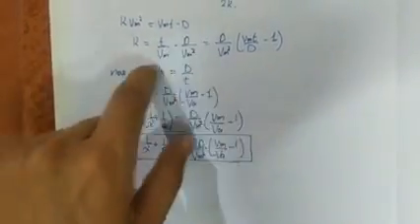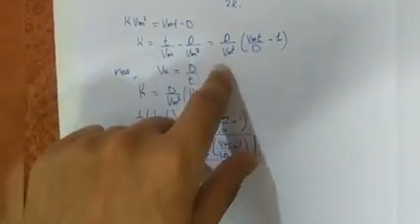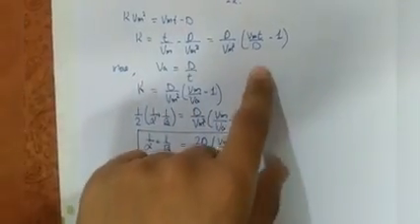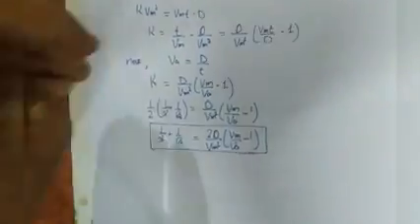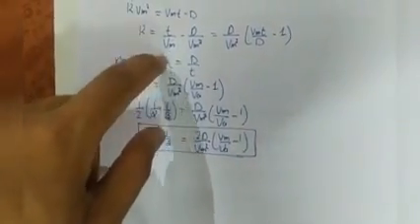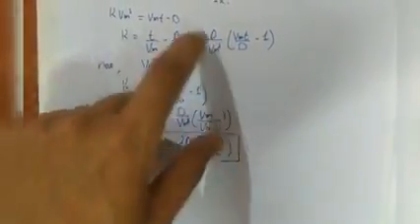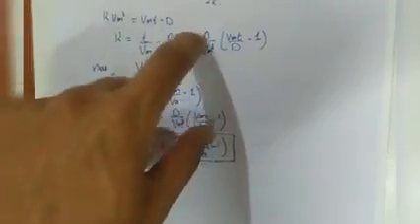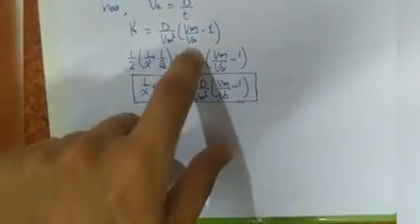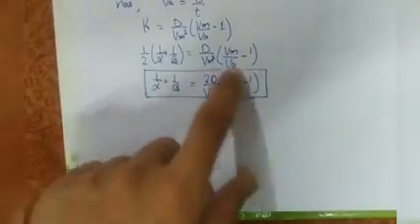According to this, I'm taking D upon Vm square common from these terms, and I get this term. The basic thing I know is that speed is equal to distance upon time, and I'm making use of this formula here. I get the value of k is equal to D upon Vm square, bracket Vm upon Va minus 1, where Va is the average speed. So I finally reach this formula